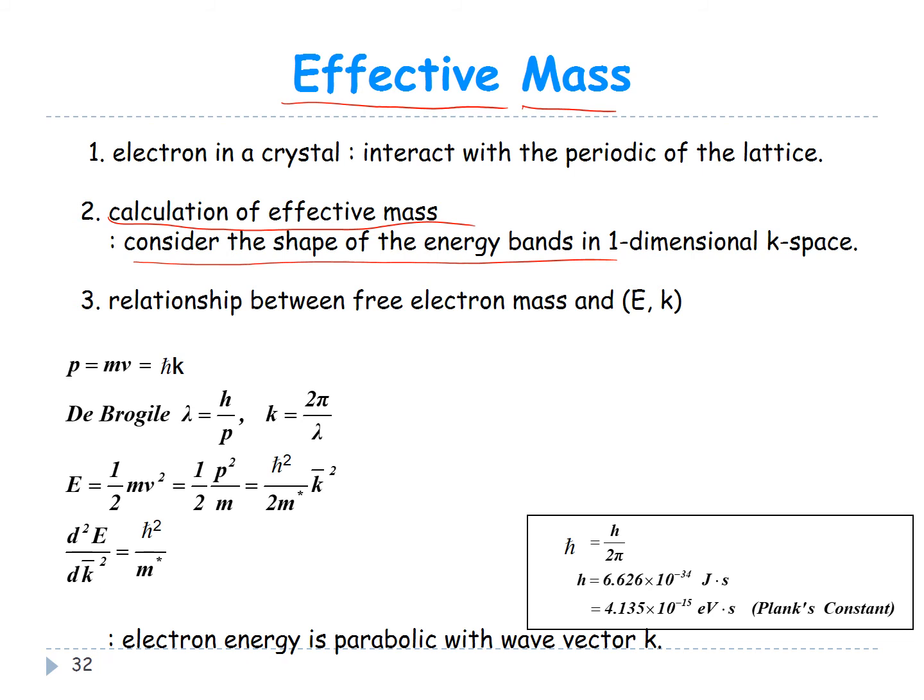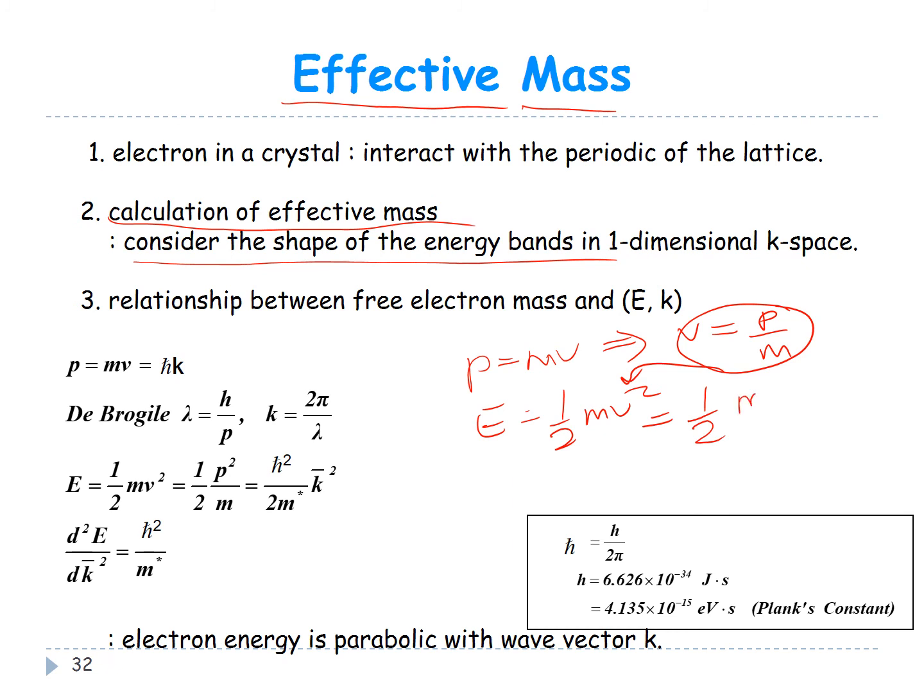To do that, we start with p equals mv, where p is the momentum, m is the mass, and v is the velocity. Now, if you take E equals half mv squared, and here you substitute v, from this expression you find that v is equal to p over m. So if you put it there, you get half m p squared over m squared. Now these m's cancel, and you are left with half